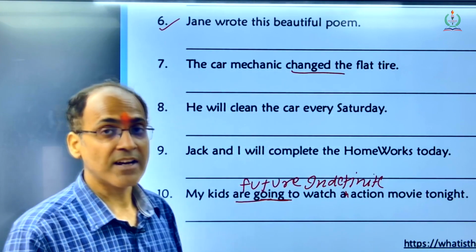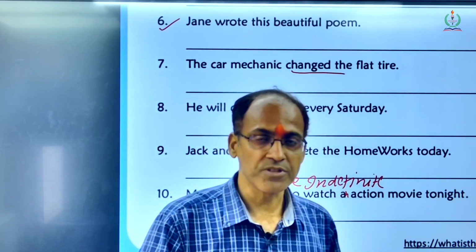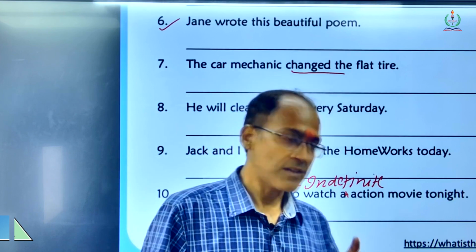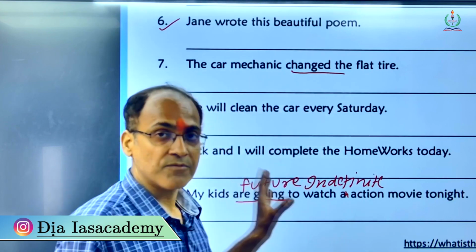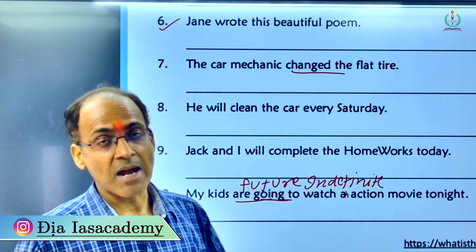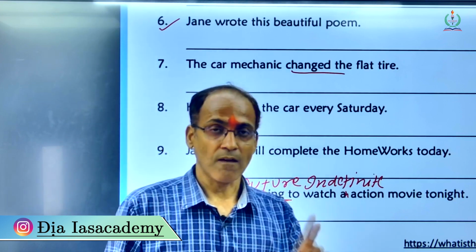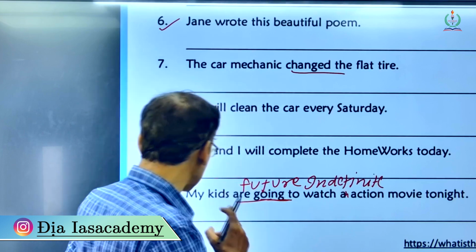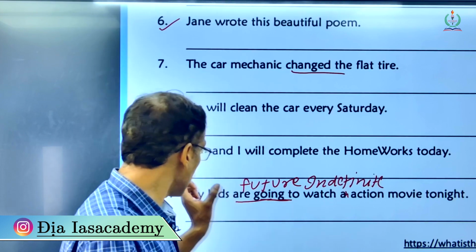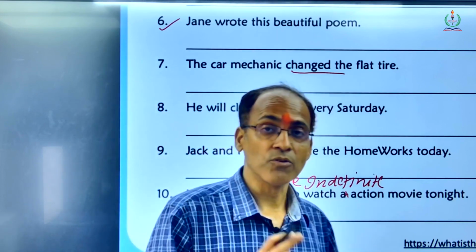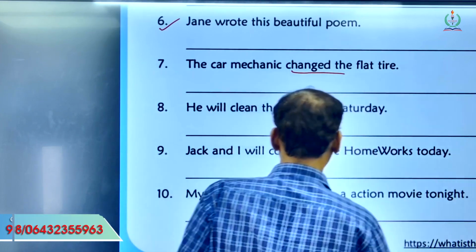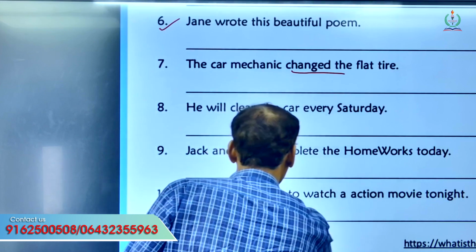This is an event which is going to happen in future, and if we are talking about future events, definitely the verb is in future indefinite form, and so we have to follow the similar rule of a structure while converting this into passive voice. So, the structure of the sentence in passive voice will go like this: